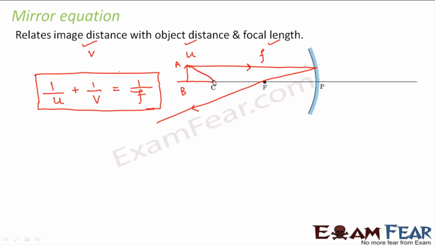There is another ray which passes through the center of curvature, and after reflection, it goes back along the same path. Let us suppose I apply another rule. It falls obliquely on the pole, and therefore it goes back obliquely as well. So all these three rays meet at this point, and therefore we get a real inverted image here. So this B dash A dash is a real and inverted image which we get.